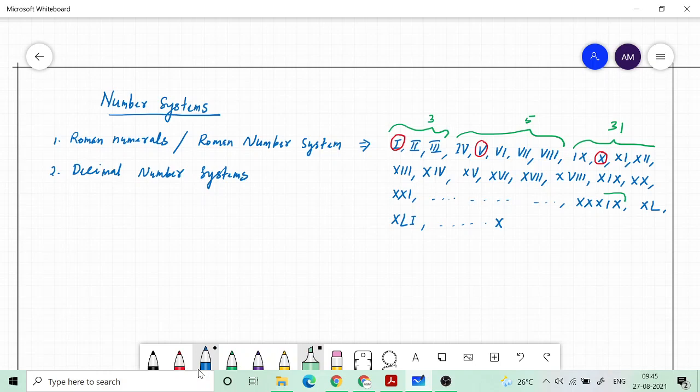to X. So this is corresponding to 40, and then 41, and similarly 42, 43, etc. You can go, and then